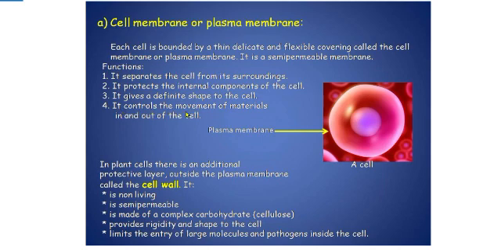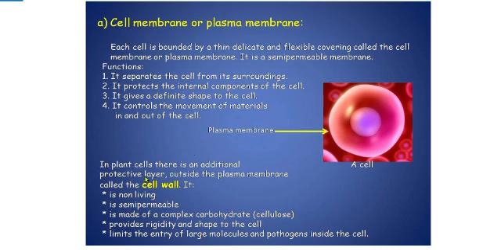It controls the movement of materials in and out of the cell. That means it is semi-permeable. It controls the movement. It allows certain materials to pass through but does not allow others to pass through it. If harmful molecules come inside, it will harm the cell, and that's why this membrane does not allow the harmful molecules to pass through it and go inside the cell, and thus it controls the movement of materials in and out of the cell.